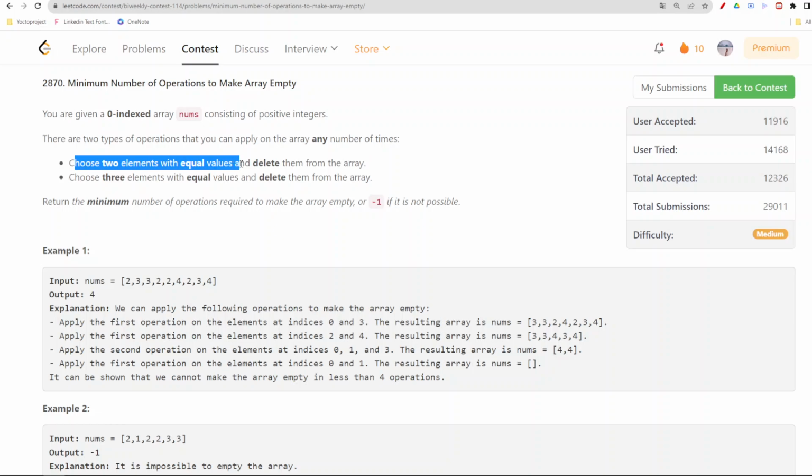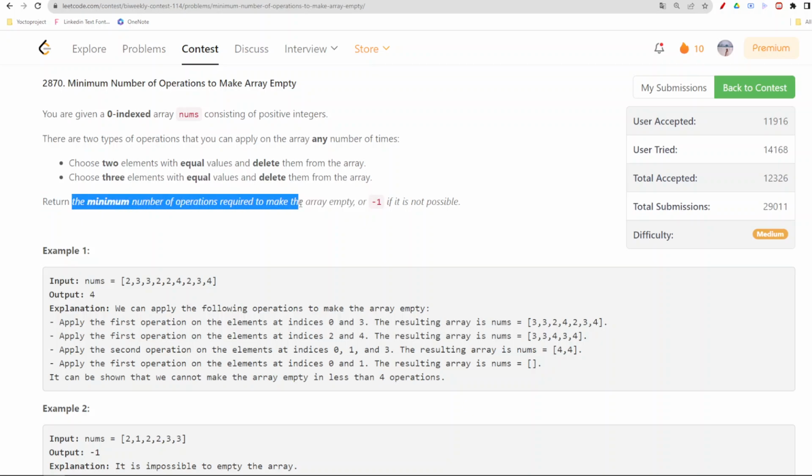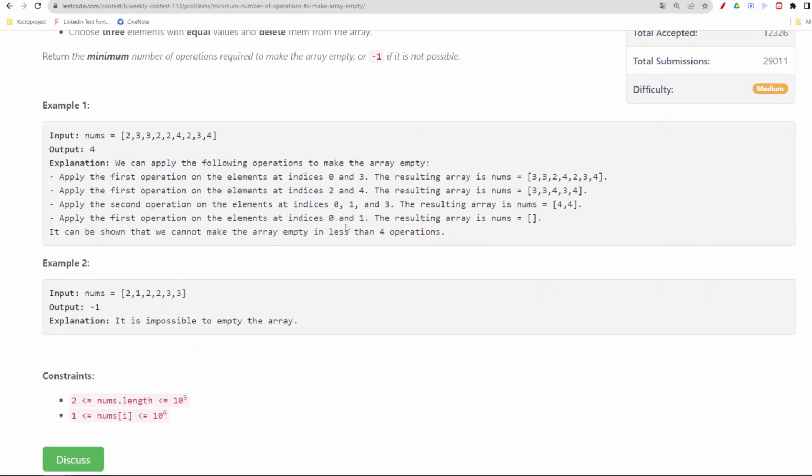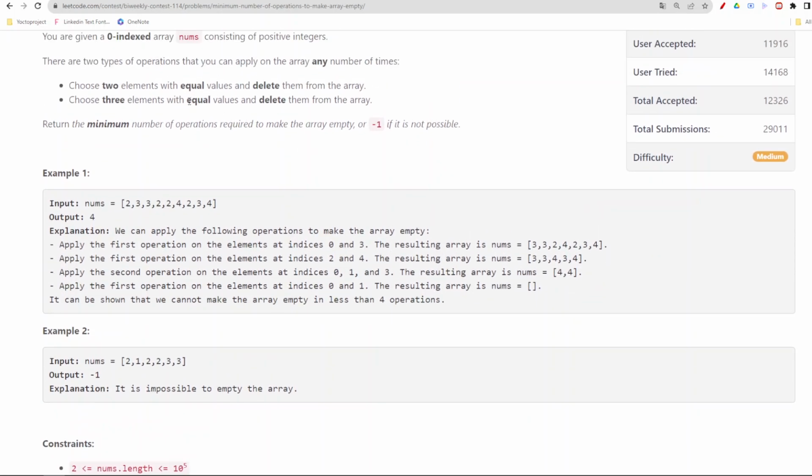Choose two elements with equal values and delete them from the array. Choose three elements with equal values and delete them from the array. We are required to return the minimum number of operations required to make the array empty, or -1 if no such operation is possible. So basically, whatever count there is, we are required to split that count in such a manner that we do the minimum number of operations. So for example,